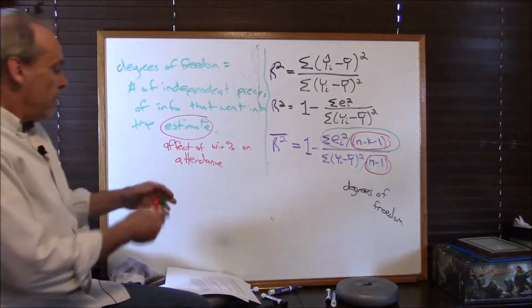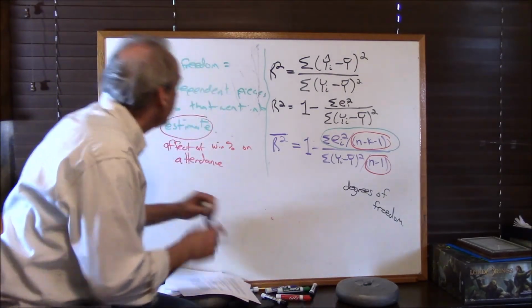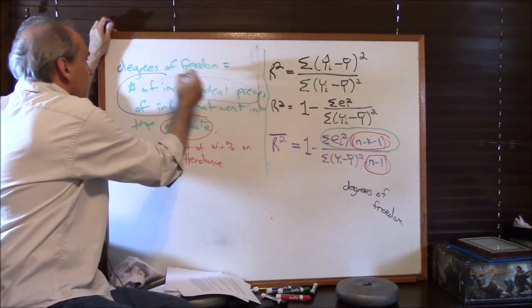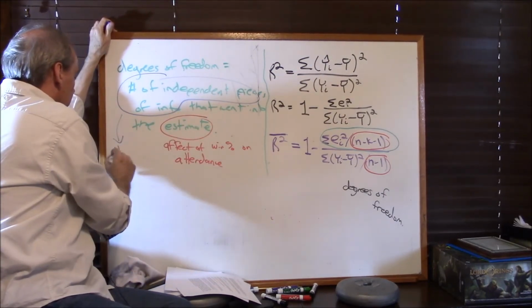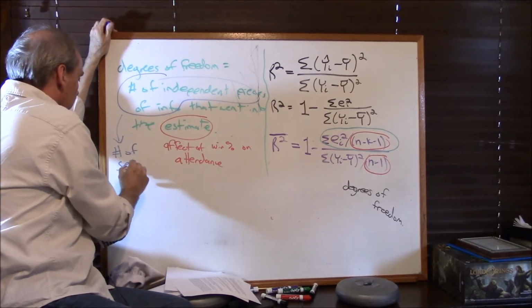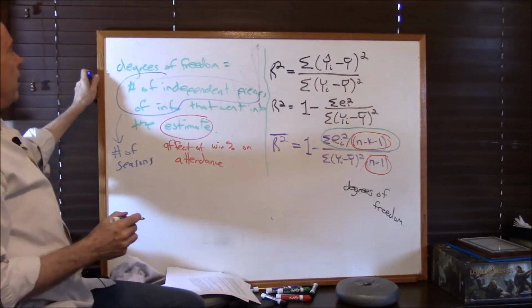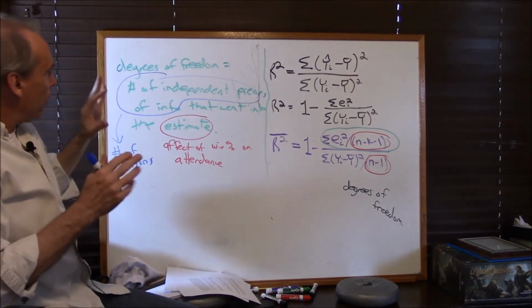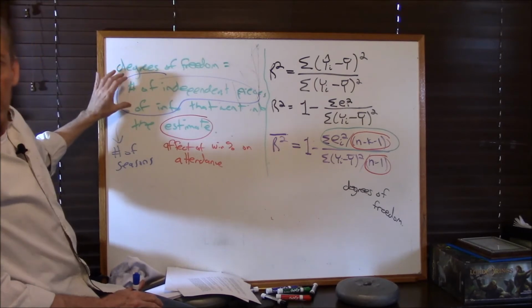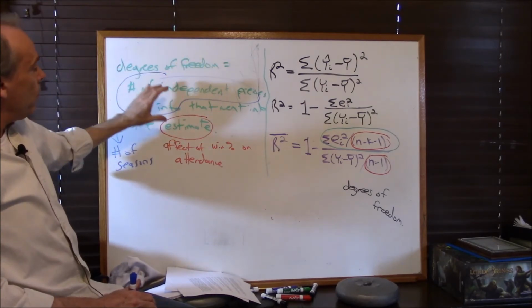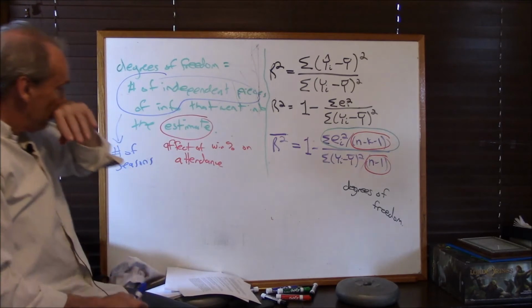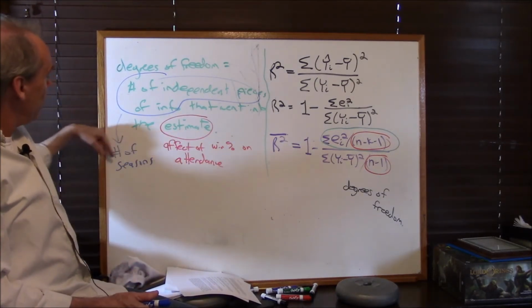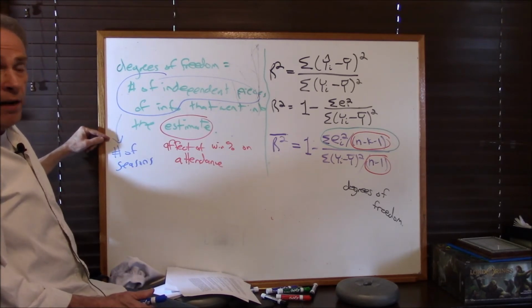So the number of seasons is the number of independent pieces of information, right? So degrees of freedom is the number of independent pieces of information you have that go into your estimate. So for example, if the estimate is regarding the effect of winning percentages on attendance, you'd rather have as many seasons as you can get, all right?